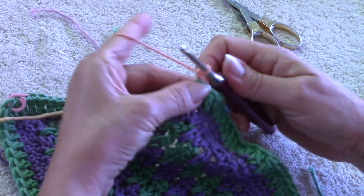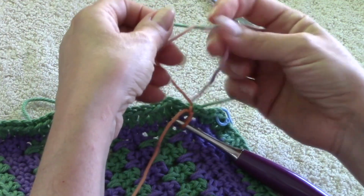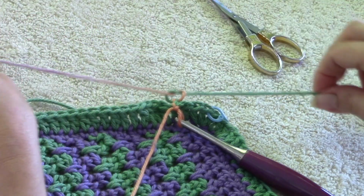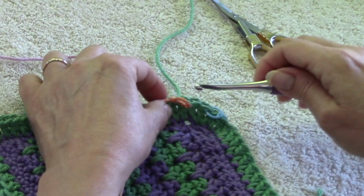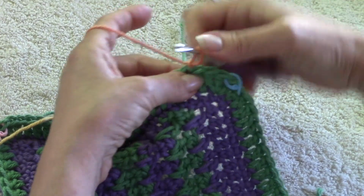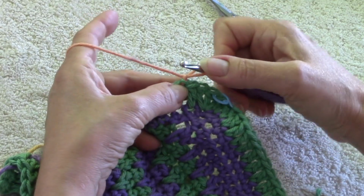Okay, I'm going to chain 1, and before I get started I'm going to secure those 2 tail ends together. I make a little square knot, left over right, right over left. Okay, I don't cinch it real tight though, in case I need to take that out. Alright, so now we are going to do a reverse single crochet into the next stitch on the right, and